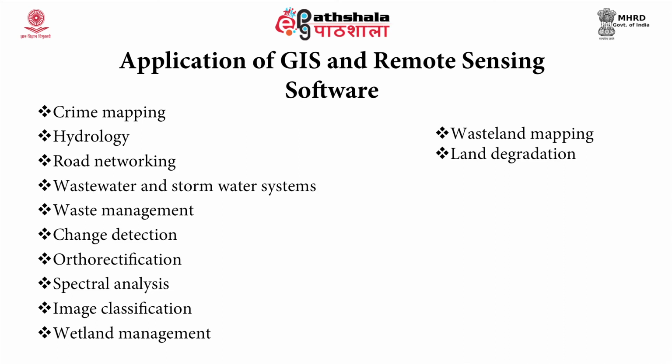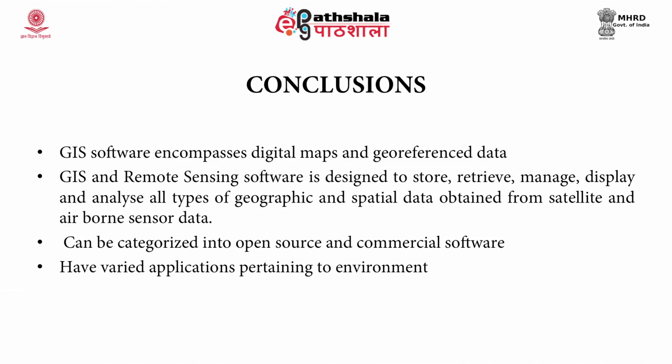The wastewater and stormwater systems is another aspect of urban planning, where in GIS we can plot what are the sources of wastewater and how is it distributed over the entire urban area. This is also a part of the waste management system in any urban or, for that matter, any rural area as well. Change detection is an application of remote sensing software where one can analyze what are the changes that